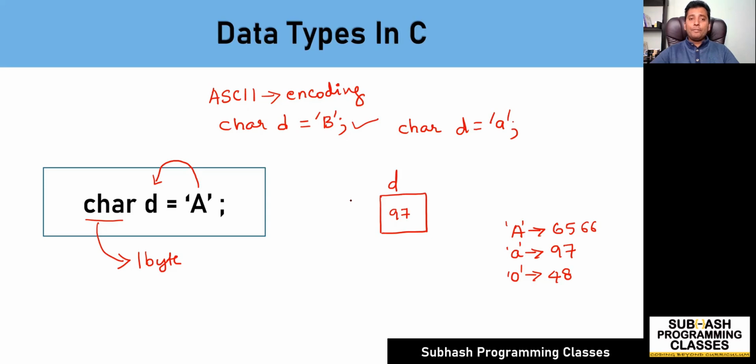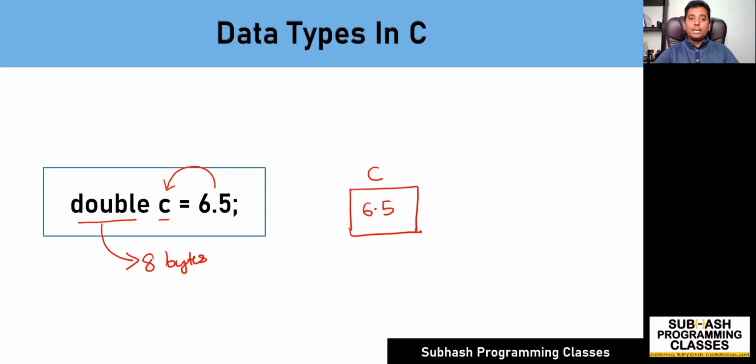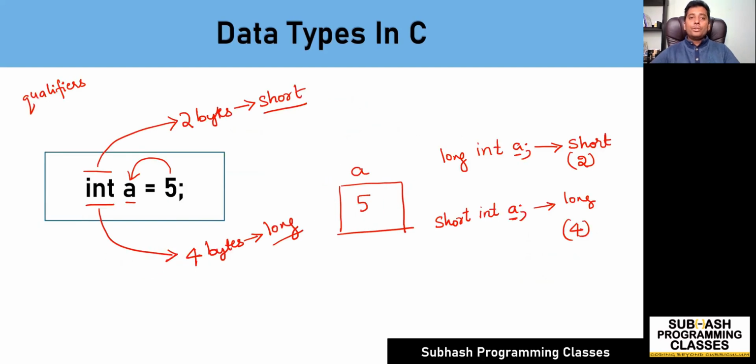Having said that, I hope you have understood the different data types available in C. As a quick recap, if you create a variable using the int data type, then the amount of memory allocated would either be 2 bytes or 4 bytes, depending on the compiler that you are using, and the compiler allocates the memory based on two qualifiers, that is short and long. An integer represents all integer constants.